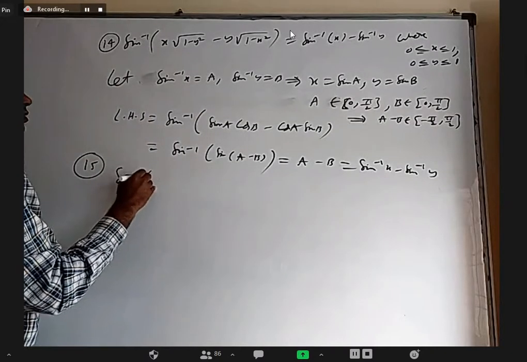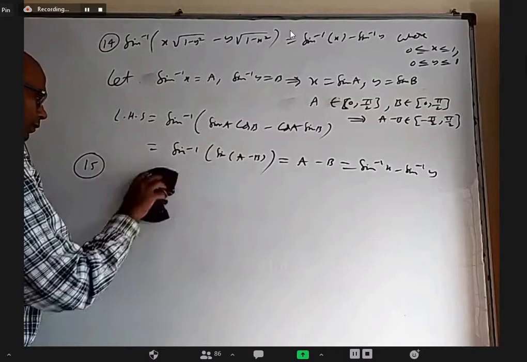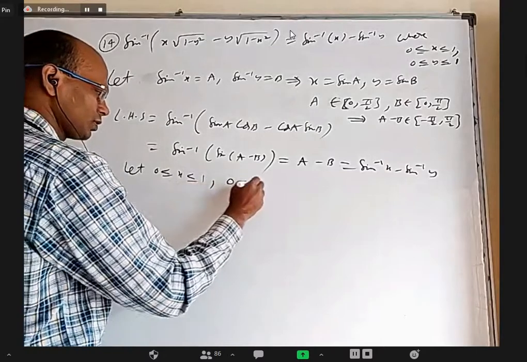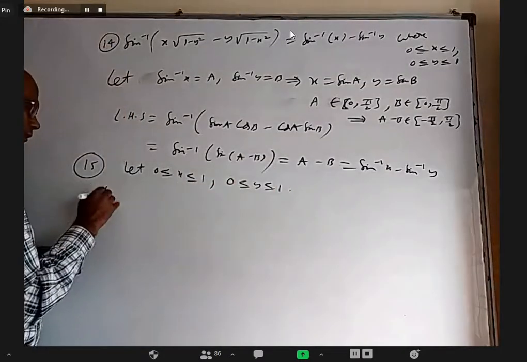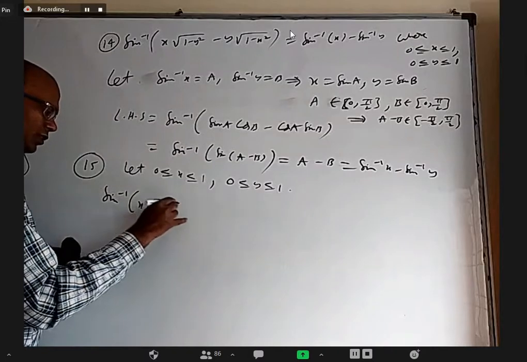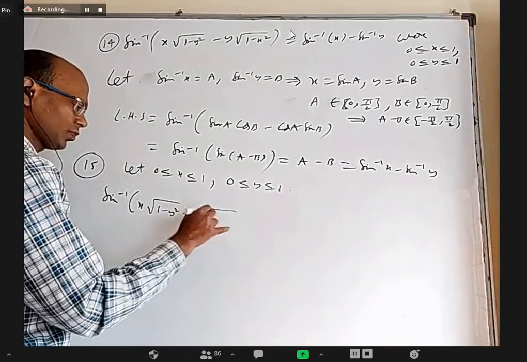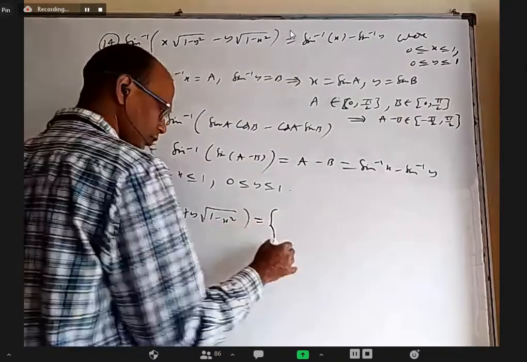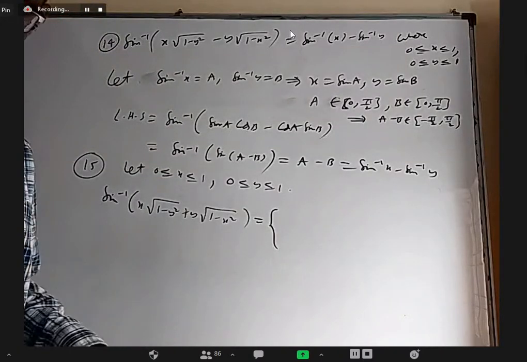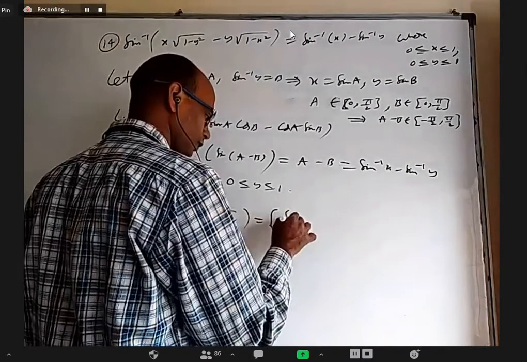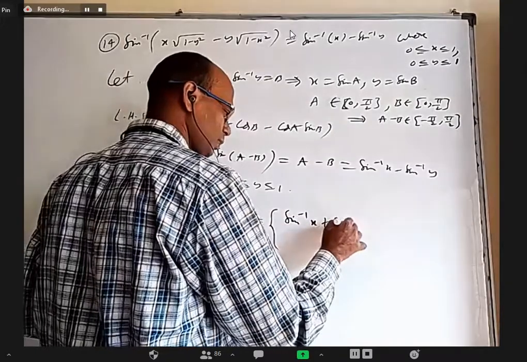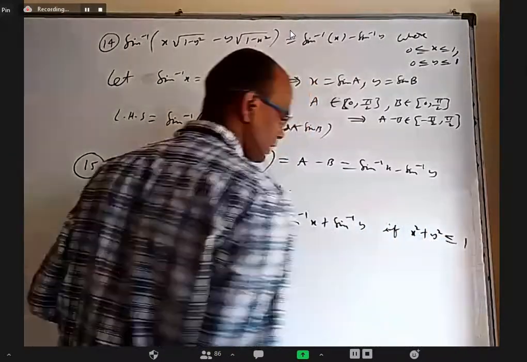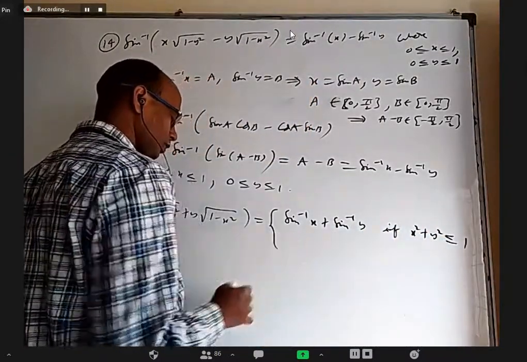Sine inverse, let 0 be less than or equal to x less than or equal to 1 and 0 less than or equal to y less than or equal to 1. Sine inverse of x root 1 minus y square plus y root 1 minus x square is equal to sine inverse x plus sine inverse y if x square plus y square is less than or equal to 1, and